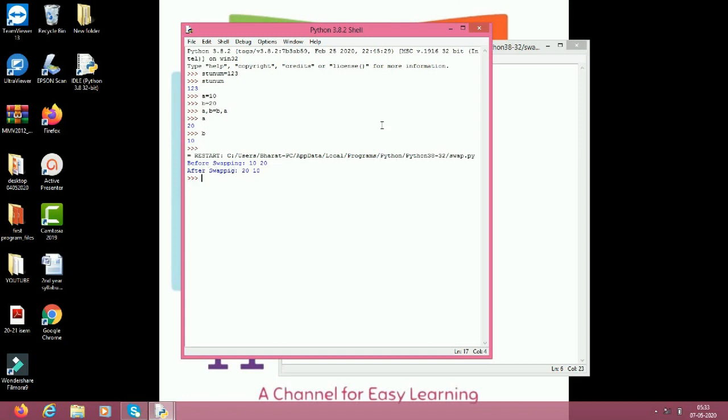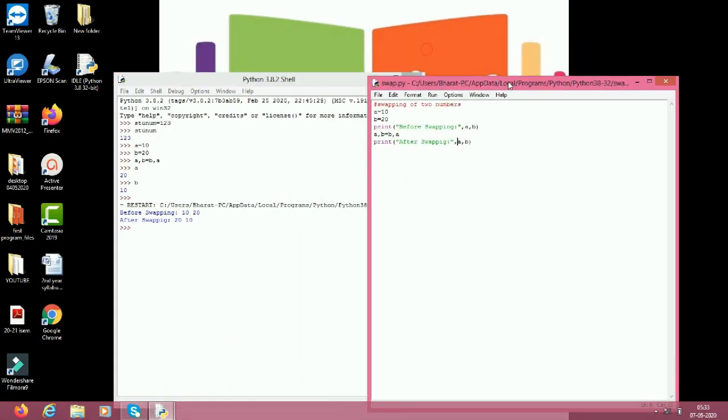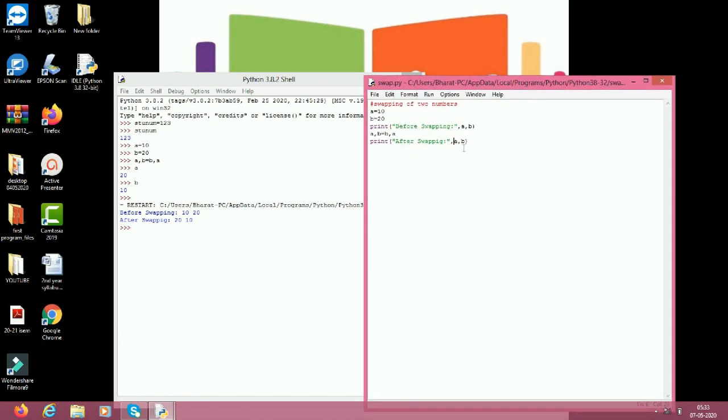What is the difference between interactive mode and scripting mode? In scripting mode, the instructions are saved with a name, and that we call a program. But in interactive mode, we cannot save the instructions. We give the instruction to the Python interpreter, it returns the output, that's it. But coming to script mode, you can write all the instructions in a file and save the file. Whenever you want to execute that file, simply open the file and click run, that's it.